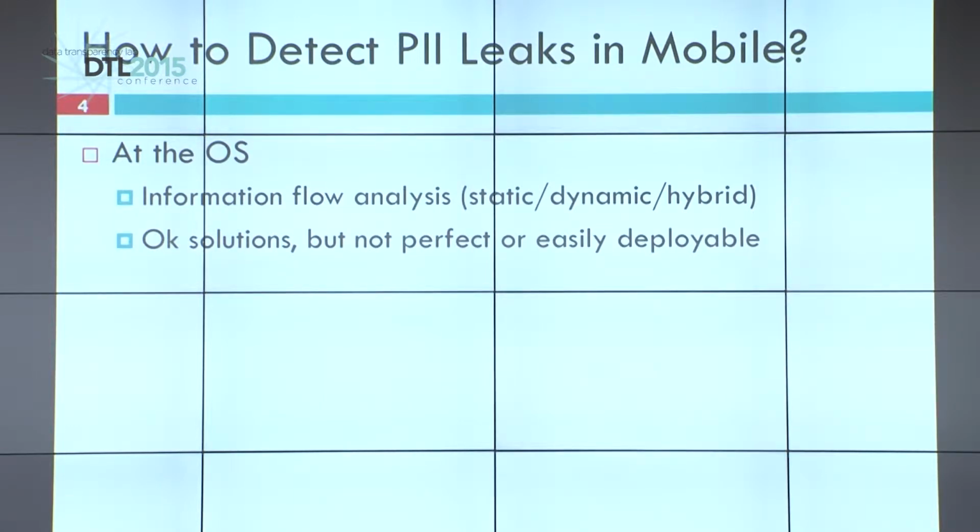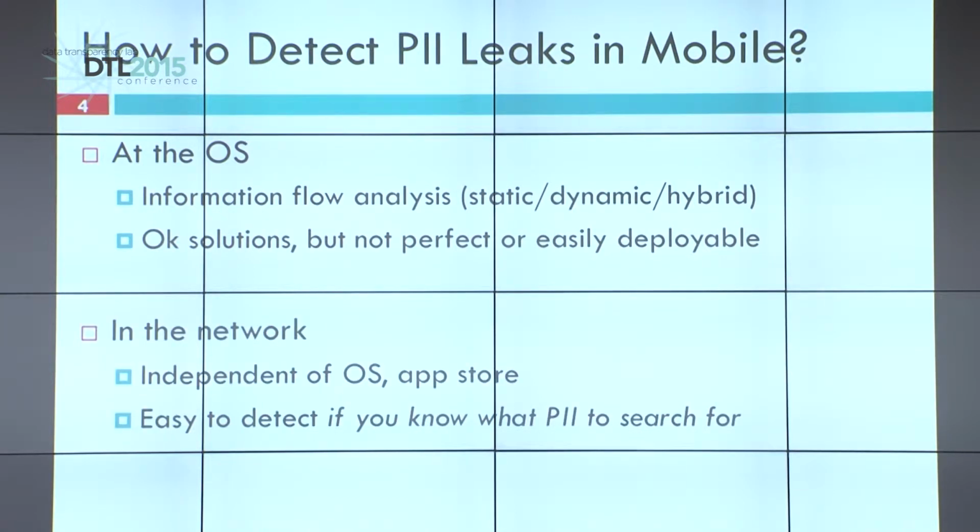So instead, there's another technique you could use, which is just rely on the fact that if information is leaking, it's leaking over the network. So actually look at the network traffic itself and detect and stop the leaks there. What's nice about this approach is it's no longer dependent on any particular OS or app store. And in fact, this is kind of a trivial problem if you think about it. If you know what the information is that's leaking, all you have to do is a text search on network traffic and find it. So it's trivial if you know what it is, but of course the problem is that